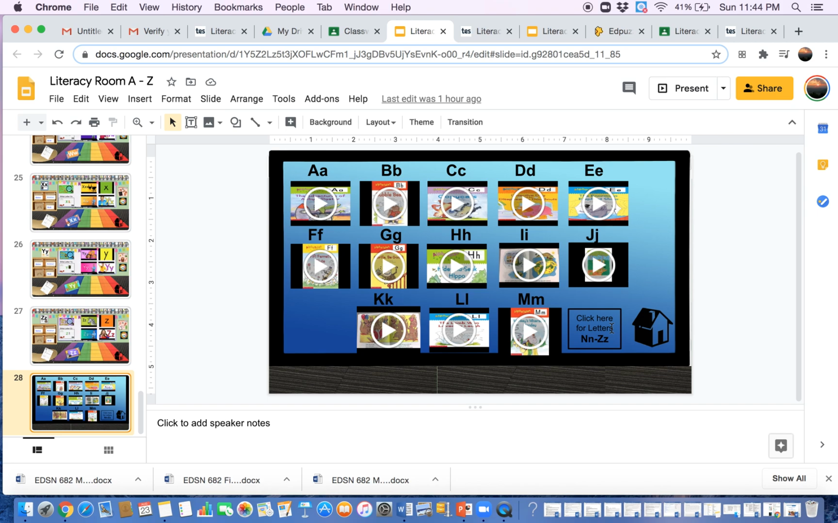But I also want to give them access to the finished product, so this way they can work at their